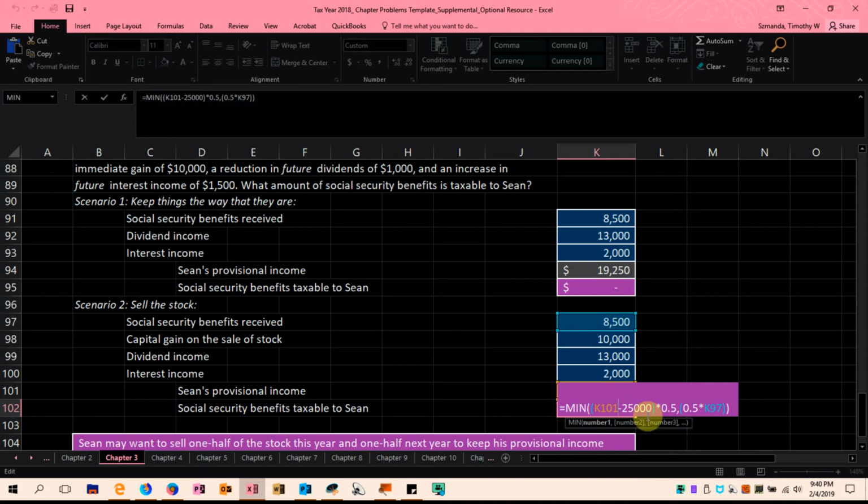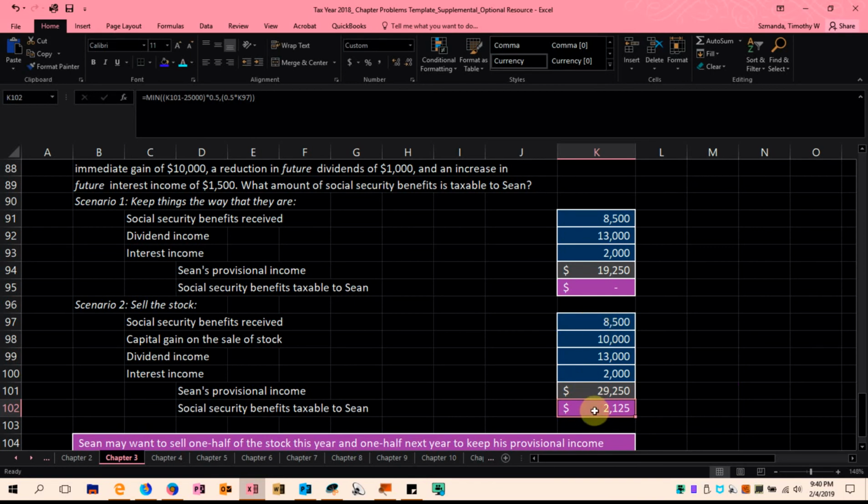Then we compare that to 50% of his Social Security benefits and take the lesser of the two. So it's $4,250 of Social Security benefits versus $2,125, which is half of the difference between $29,250 and $25,000. Then his Social Security benefits that are subject to taxation amount to